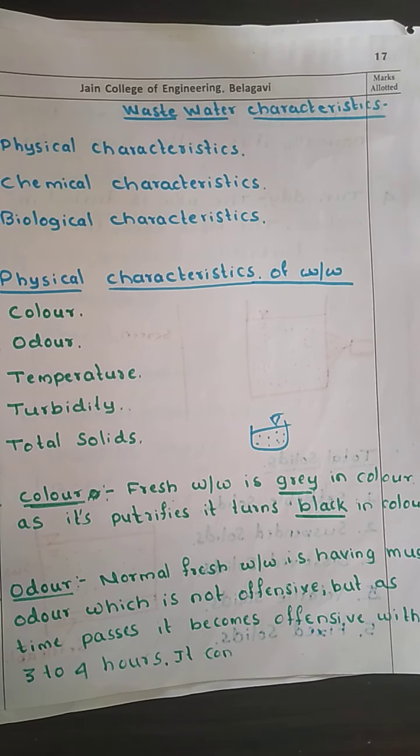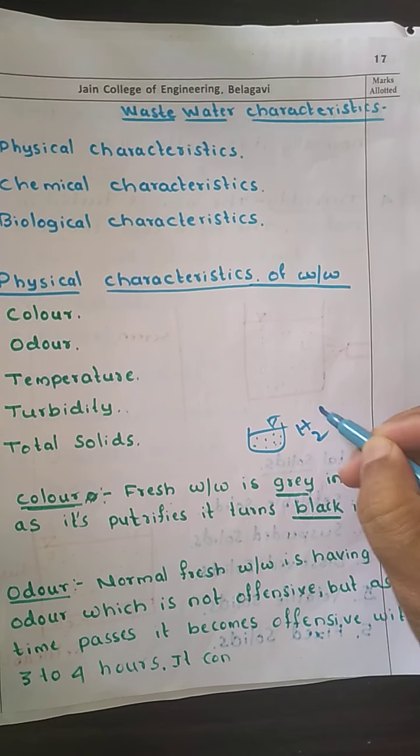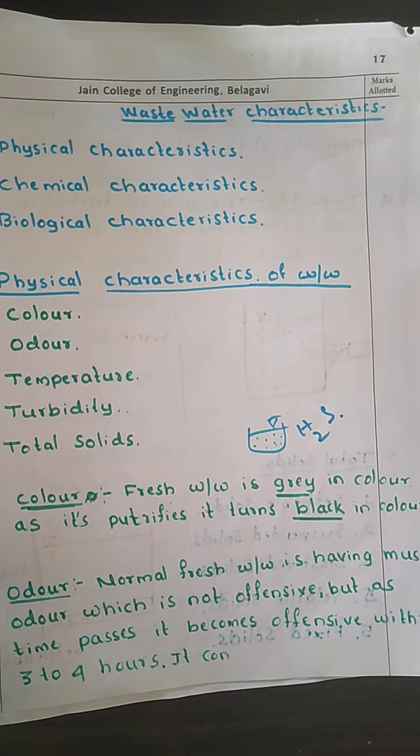wastewater gets exhausted and it gives you the odor of hydrogen sulfide, which we call H2S. It gives you the odor of hydrogen sulfide and other compounds of sulfur, and anaerobic decomposition takes place. Whatever oxygen was there is consumed by the microbes present in it, and slowly the anaerobic condition starts to prevail.